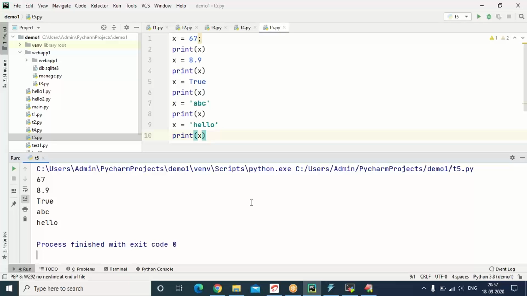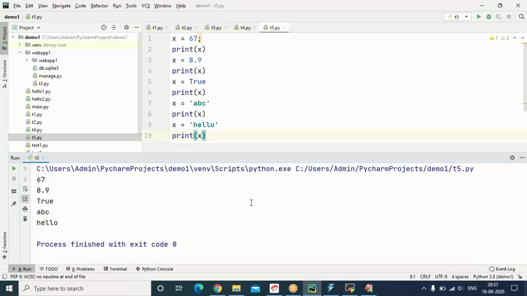If you assign the data type as int, then you have to store only int type values. If you declare a variable as boolean, then only boolean values. But in Python, while declaring a variable, type is not required. We should not specify the type of the variable.